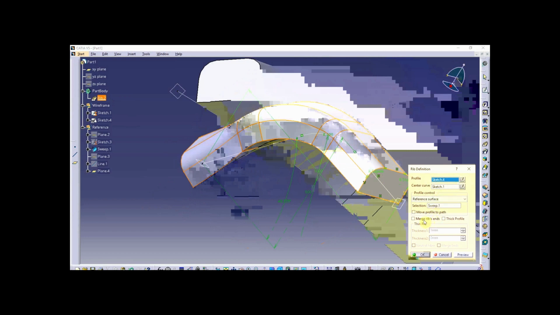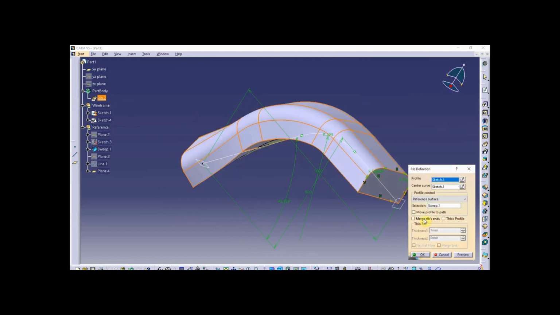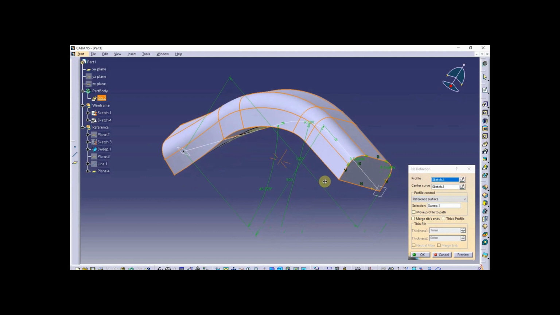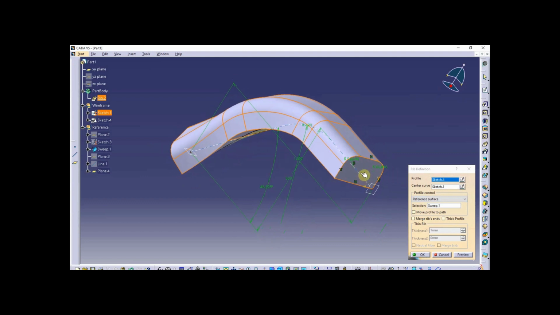So the merged ends option. Notice this is an open sweep. In other words, it doesn't close on itself. The center curve doesn't close on itself. So if you are modeling a sweep in a body and the normal projection or extrapolation of the ends of the sweep would merge